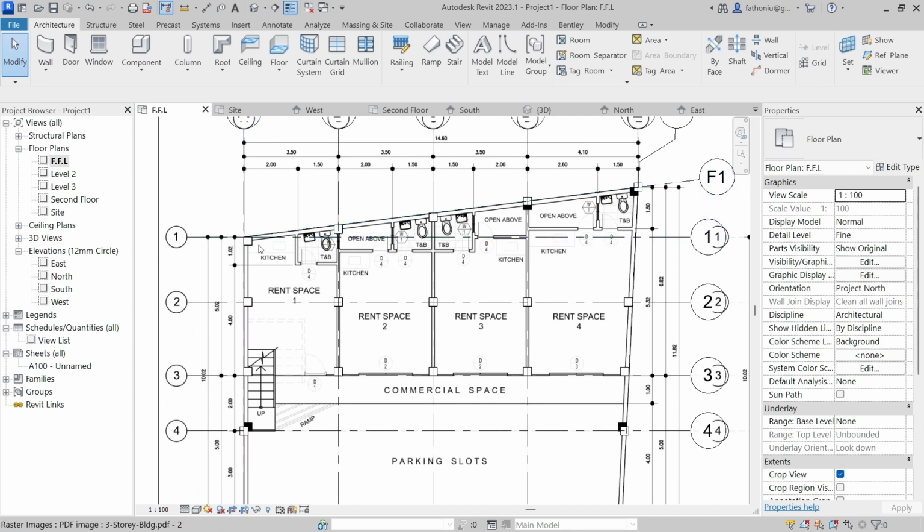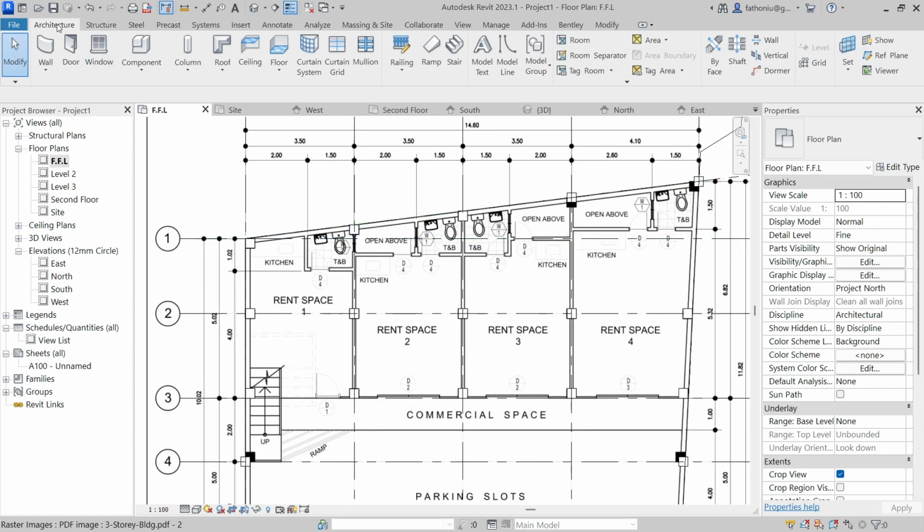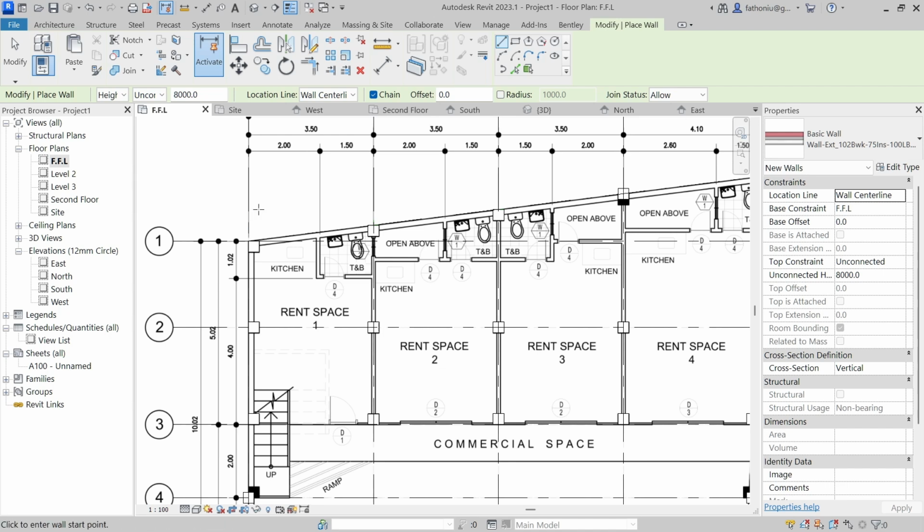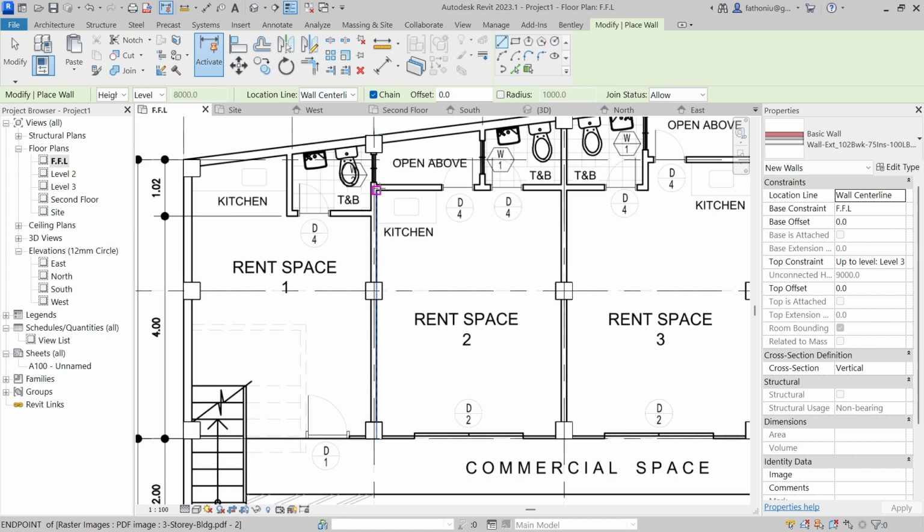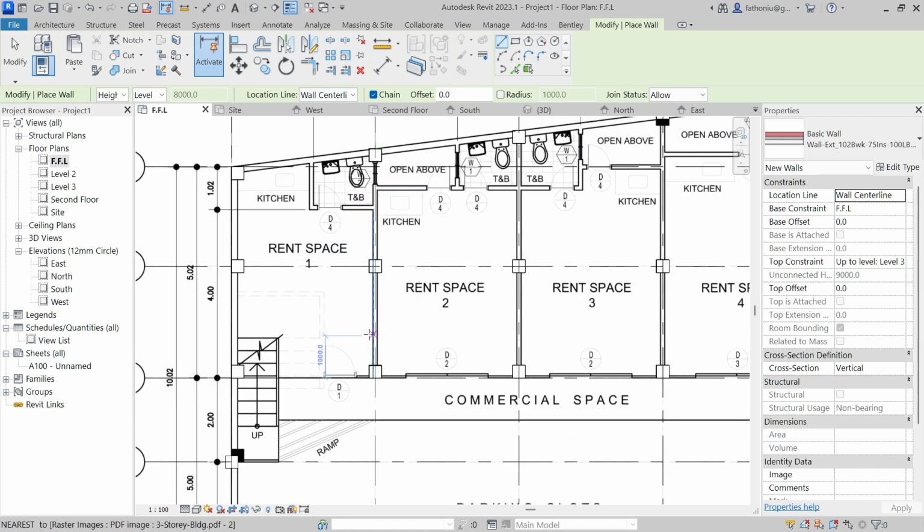So we create a wall, architectural wall. The height is unconnected; this one is connected to the top floor directly. You can see here the location line, wall center line. So the center line is already suitable for the interior wall, internal wall. But for the external wall, we need to use either finish face interior or finish face exterior,